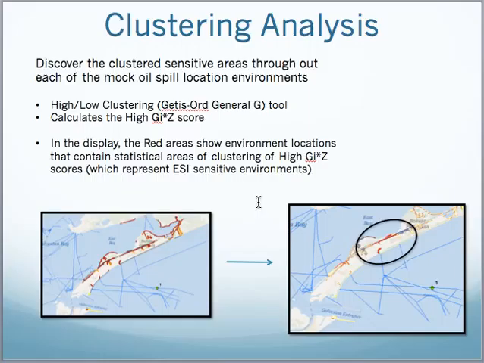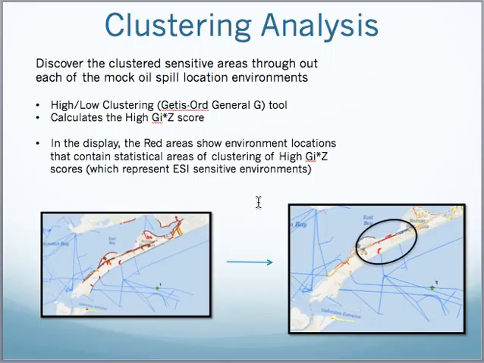So as you can see in the display, this is a different one of the locations. This one is the one up near Houston Ship Channel, specifically right there at Galveston Bay. And so once I ran the tool on the environment affected by that potential oil spill point, on the left you can see the original data that was pulled out from the original buffer zone, and on the right you can see the